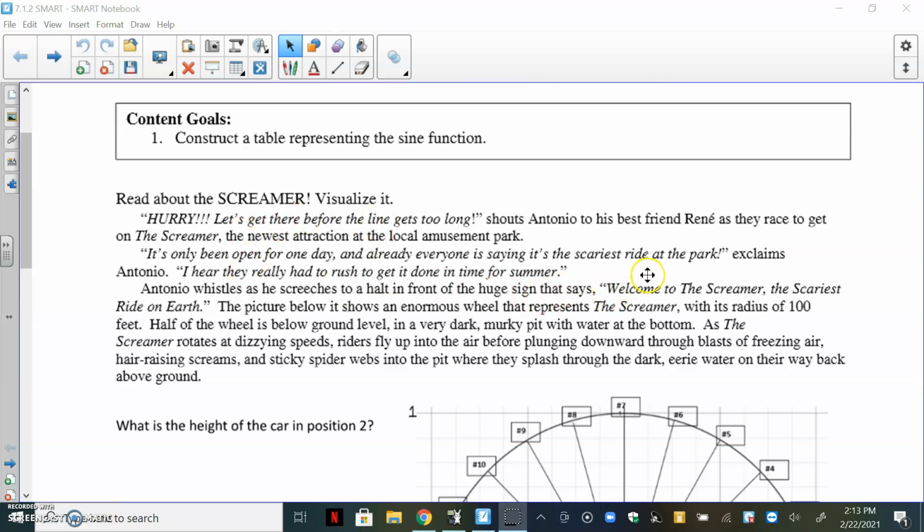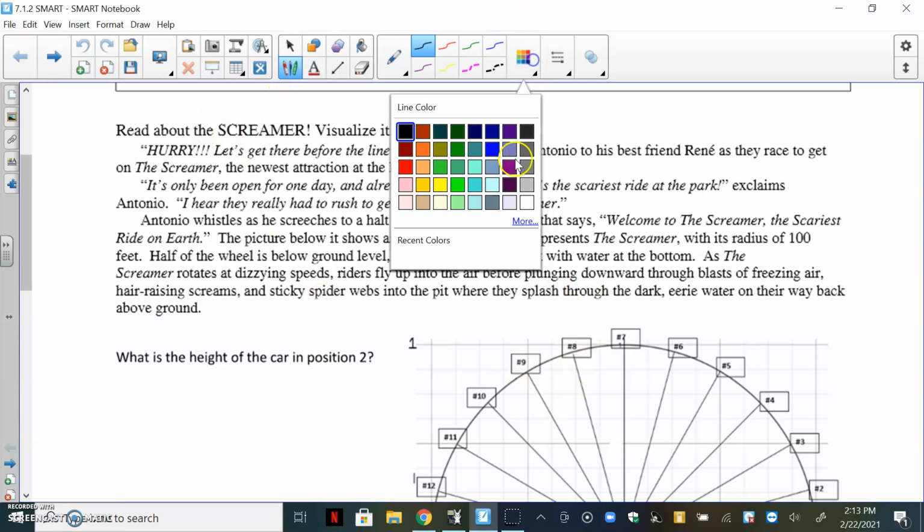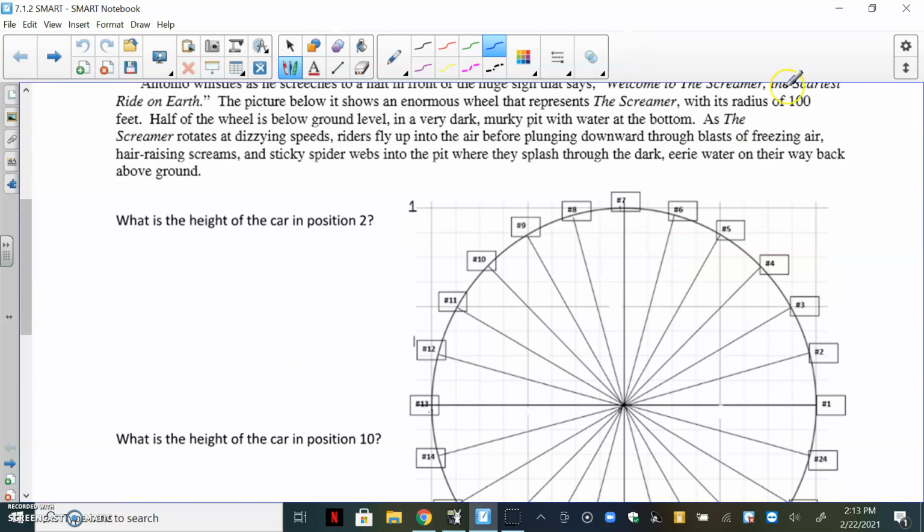It's supposed to be terrifying, and basically it's an enormous wheel, okay? Half of it is underground and the other half is above ground, and you start by getting on at ground level. So I've got a little picture here so that you can try to visualize what's going on. It says that it has a radius of 100, but we're just going to go ahead and